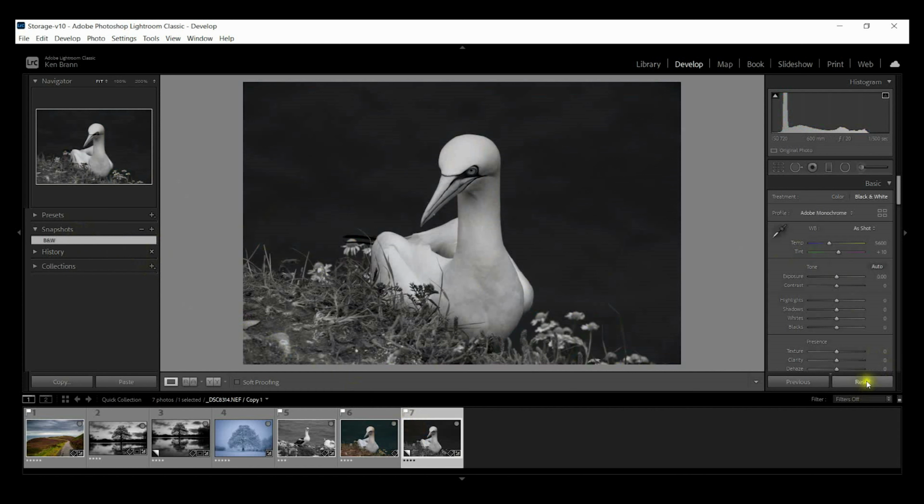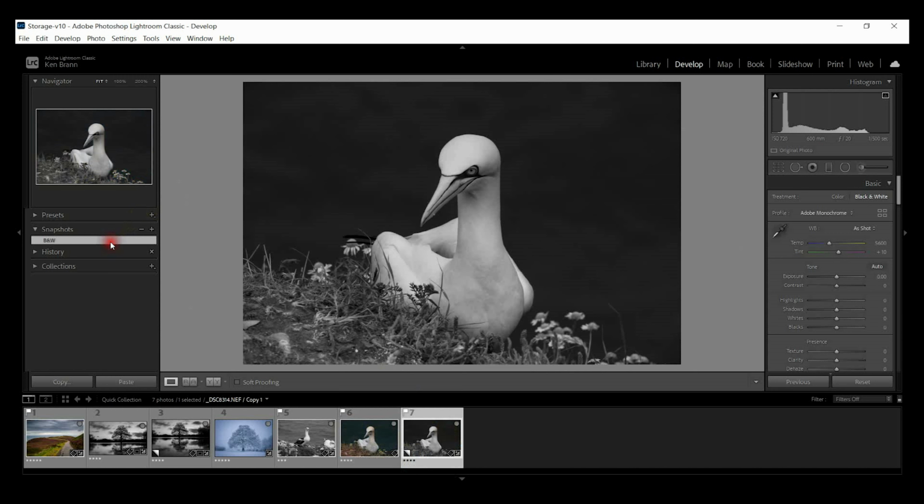So if I go back through and if I try resetting this, well, it went back to black and white, okay, or to color. But you can see the snapshot is still attached to that image. So remember, we talked about the metadata, and now the metadata, or the data that's inside of the Lightroom catalog, will follow the image, and it's still attached to the image. And I don't believe it recreates this metadata. It's created in there once, and it's just attached to both images. And we can test that theory.